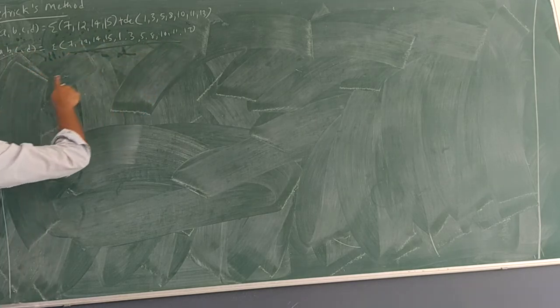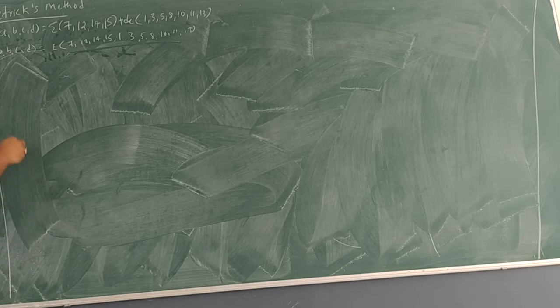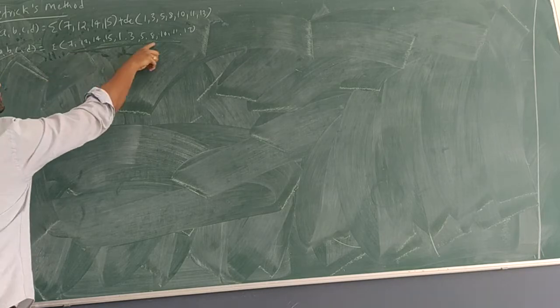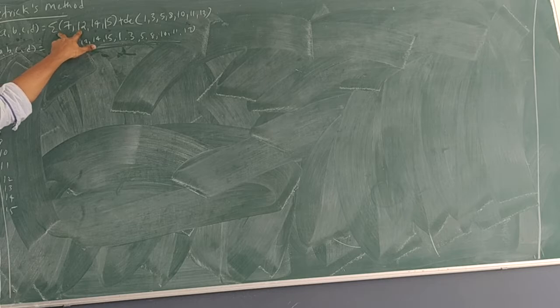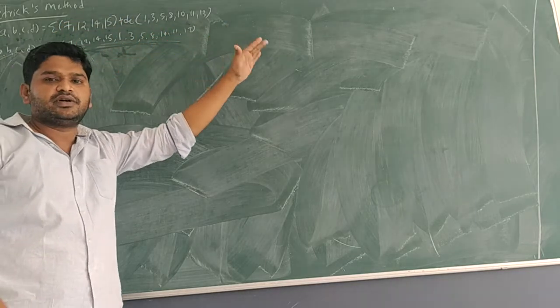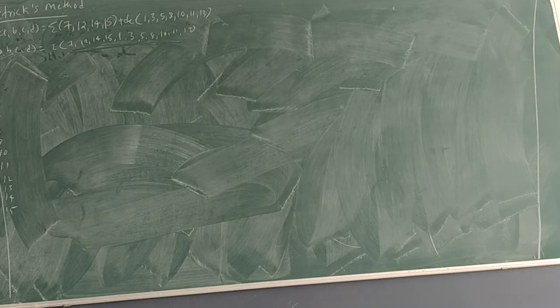Now, rewrite them using QM method, increasing order. So, step 1. What is the smallest number? 1, 3, 5, 7, 8, we don't have 9, 10, 11, 12, 13, 14 and 15. These all are the numbers given in the problem in the two different sets called summation and DC. But now we are writing together in increasing order.